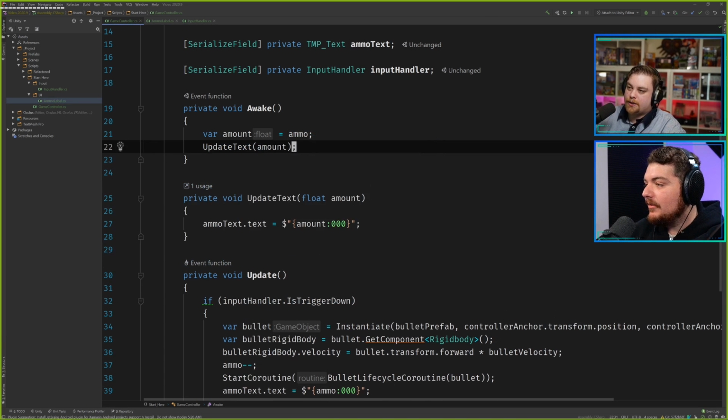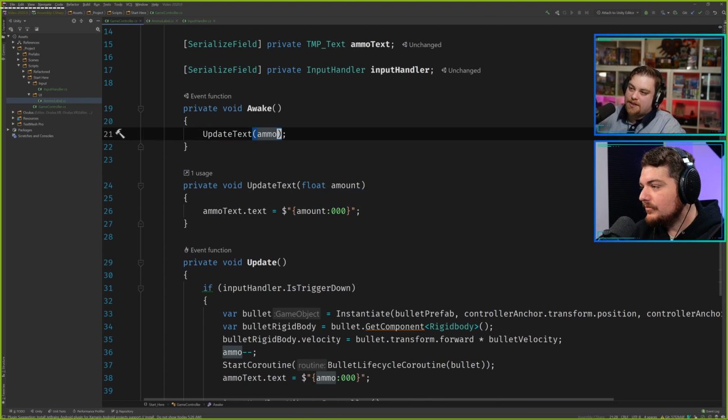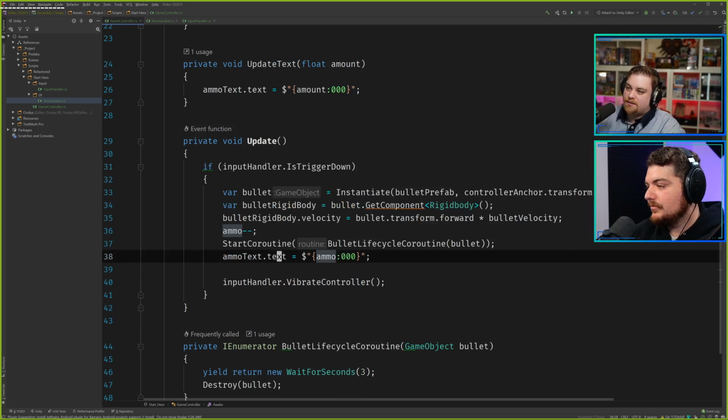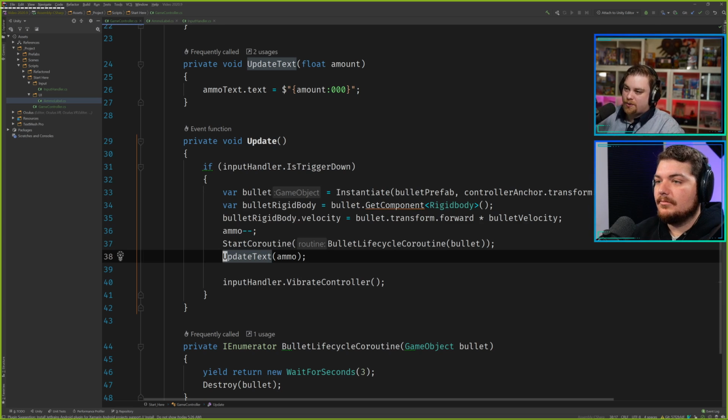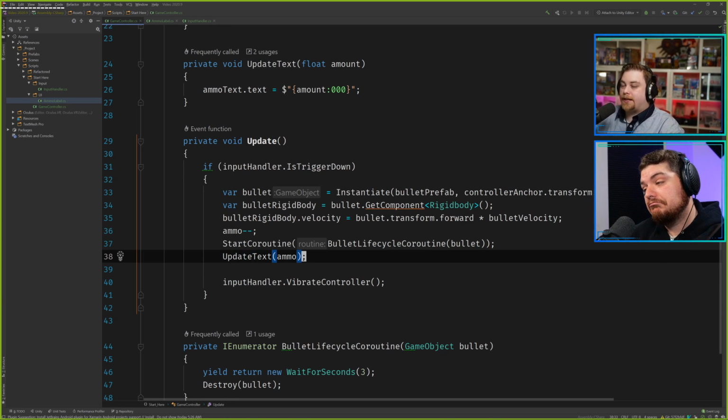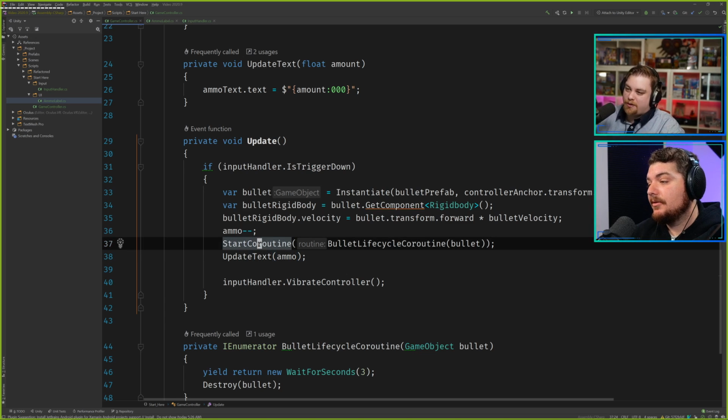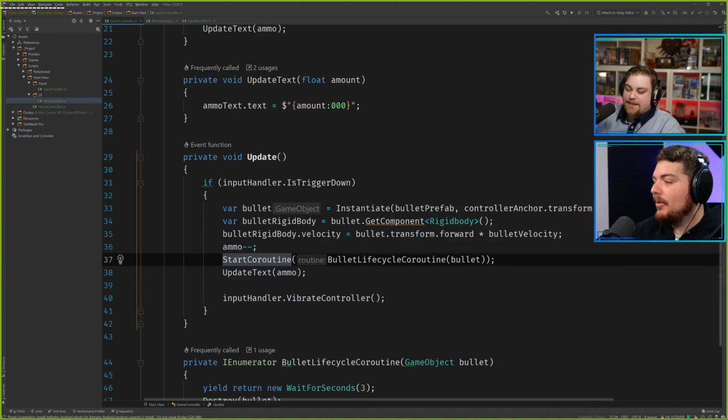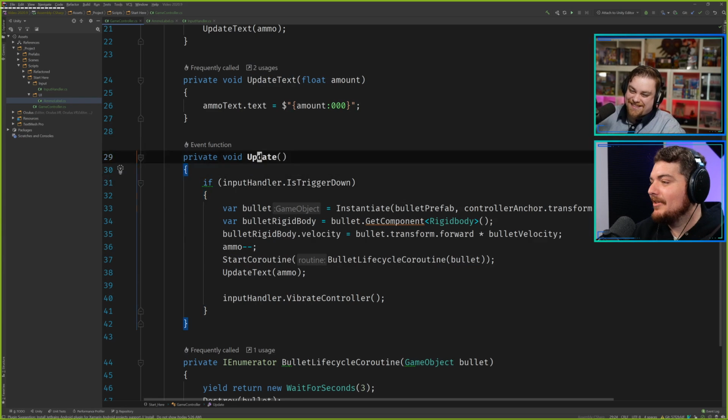I usually just call it set, because the implication is it is a UI label and you are setting the text on it. Yeah, update implies a unit of work being done as opposed to assigning a new value. But it's entirely arbitrary though. I could probably just use a setter too, like a dot text that I expose, but whatever. We won't go into that, that'll be in the bonus Patreon content.